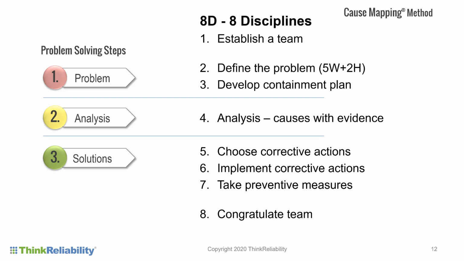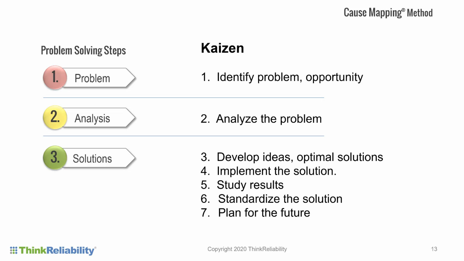Under defining the problem, it talks about the 5 W's and 2 H's. It starts with who, but it's what, when, where, and then it's why and how much, which are just basic information gathering questions that are part of a problem, and part of even any journalism program. Basic information need, which is in step 1. The analysis is step 2, and solutions are step 3. Tools like Kaizen is a 7-step method that starts with define the problem, then analyze it, and then develop solutions.